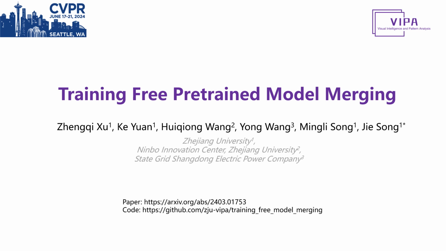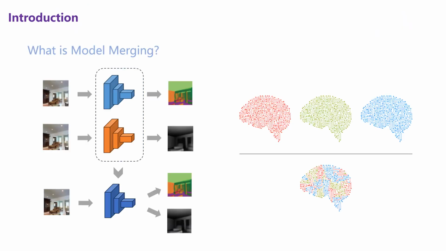We will introduce our paper, training-free pre-trained model merging, which has been published at CVPR 2024. What is model merging? It means there are many single-task models, each designed to accomplish a specific task. Model merging combines models from multiple tasks into a single model, enhancing the performance of this single model beyond each of